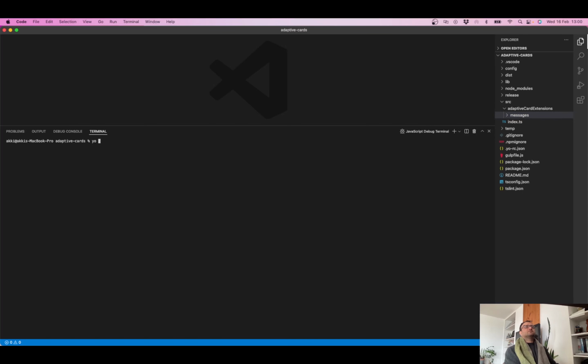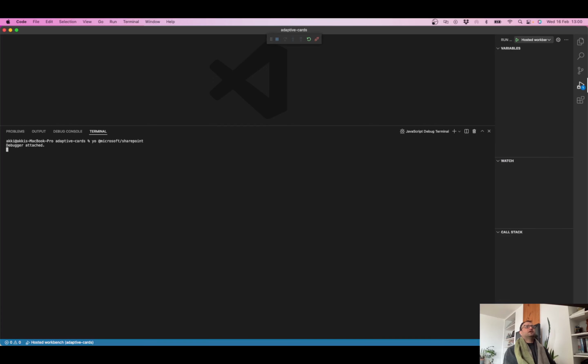All I need to do is just simply say yo @microsoft. So I call the Yeoman template again, and all the scaffolding of loading it and all the configuration files will be taken care of for us automatically, which is pretty cool. Oh, sorry, I could use adaptive card extensions. Last time it was basic card. This time let's use a people